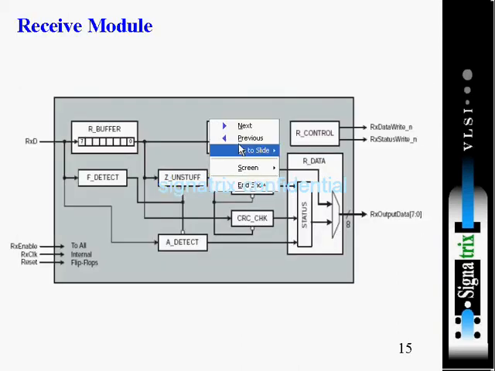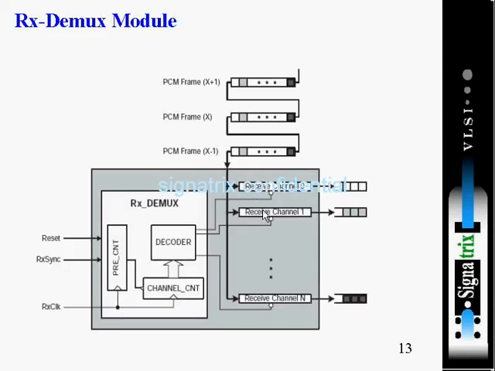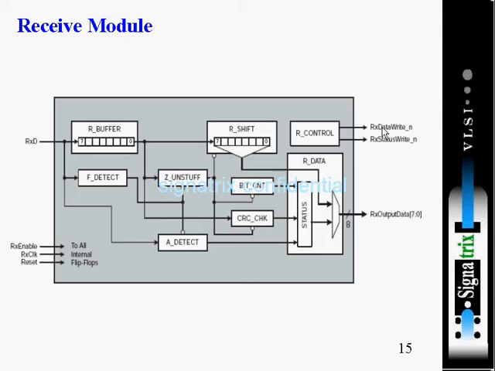Now the receive module. We are talking about this receive channel, which they have elaborated. In this, how many things will come? First, flag detect. The flag will come first, then on receiving, unstuffing of the bits, and next CRC. First we have to take the flag, so the first 8 bits we have to sample in this register.